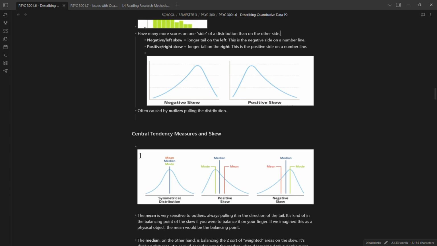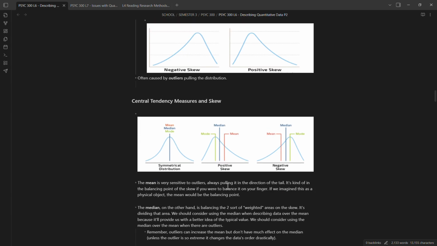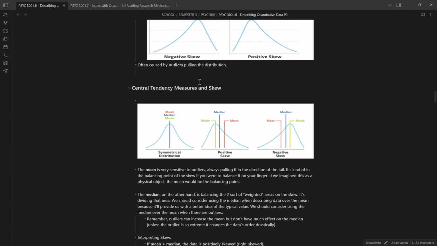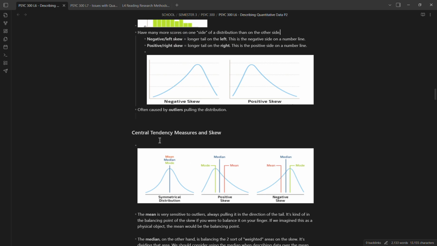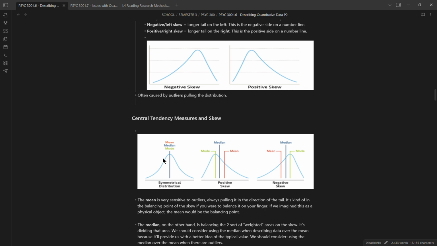Okay, so measures of central tendency and skew, right, are mean, median, mode. If you look at this here, in a symmetrical distribution, meaning everything's equal, it's like a proper curve up and down, equally symmetrical. Mean, median, mode all in the same place. But when you get a positive skew, meaning again the tail is on the right, you kind of get this dynamic where,